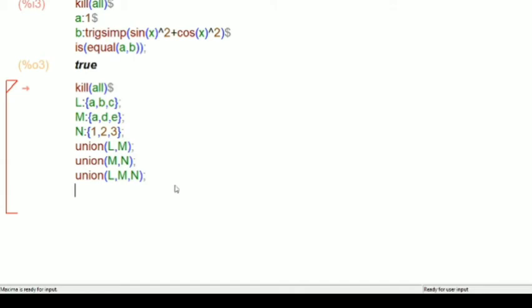The next one is intersection of L and M. You can give intersect or intersection, doesn't matter. I want to display this. Intersection of M and N, semicolon, intersect or intersection of L, M and N. You can write like this also, no problem.